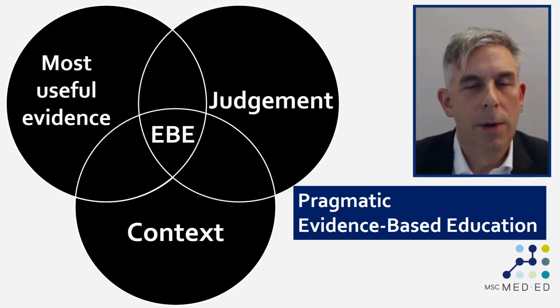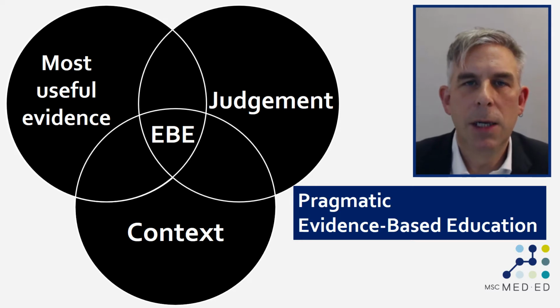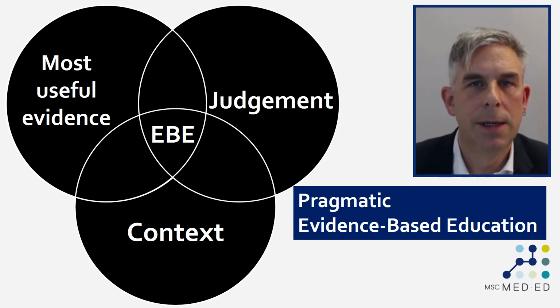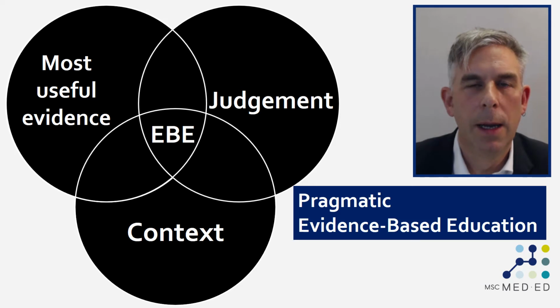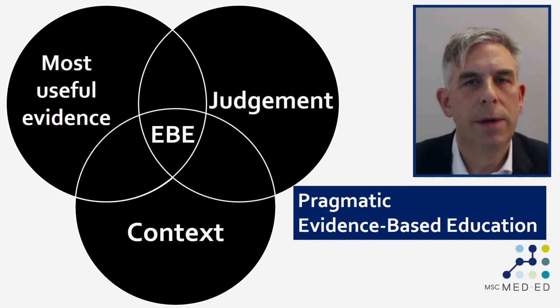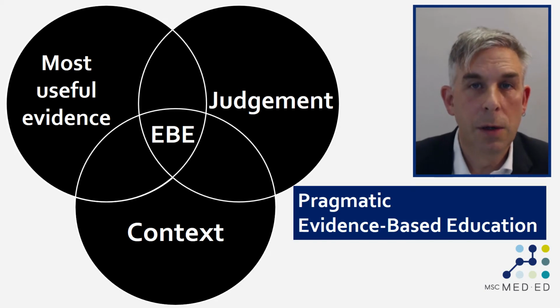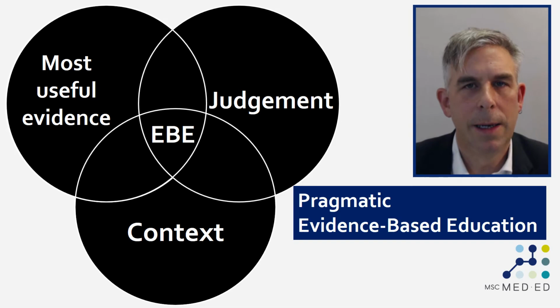The key thing then with our model is to bring it back to these three streams of information. No matter what it is we're trying to do in education, I am certain that there is going to be some education research evidence out there that is useful for us. We could take that and combine it with our judgment and the context in which we're trying to apply it to come up with a pragmatic, evidence-based model of education that goes beyond mere opinion, but takes all of the research evidence out there as useful and applies it in a pragmatic way.